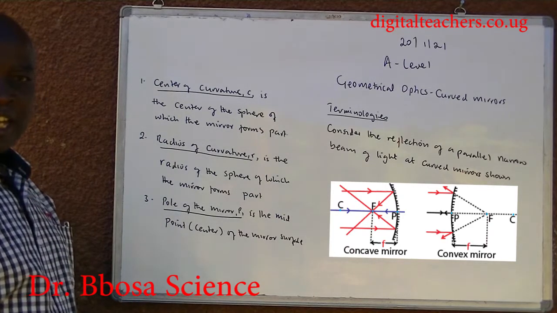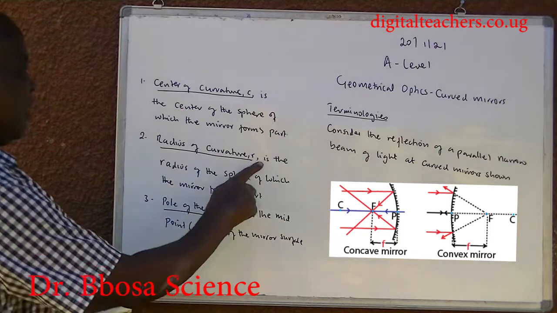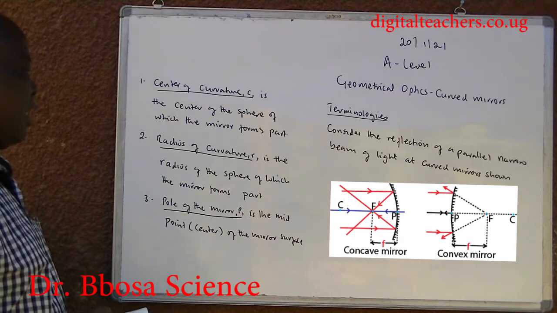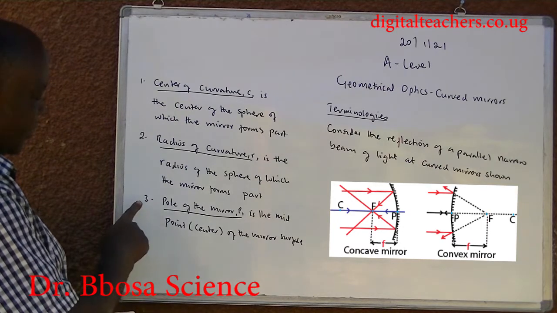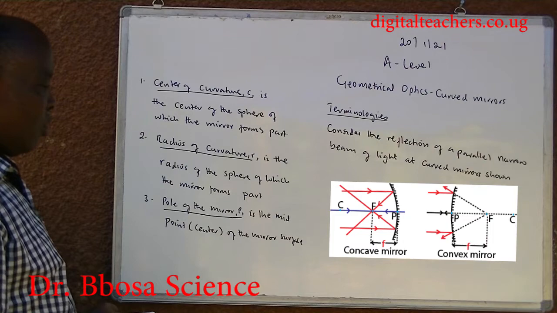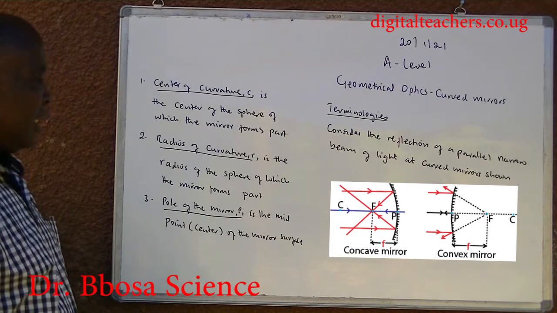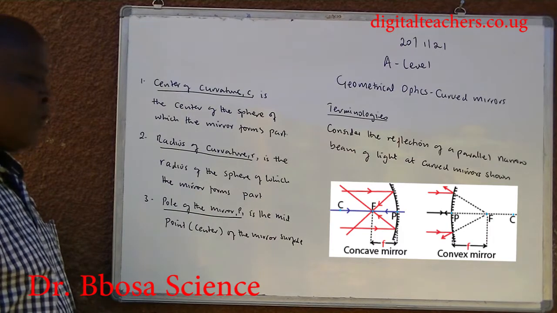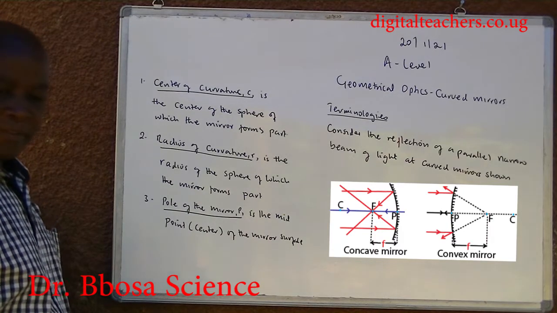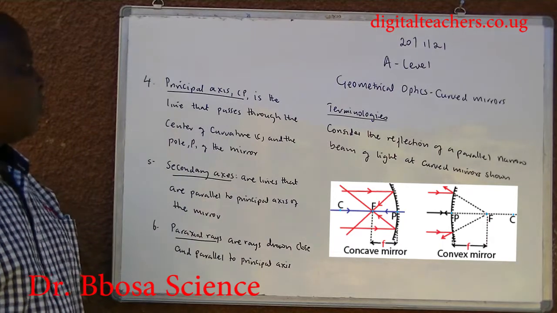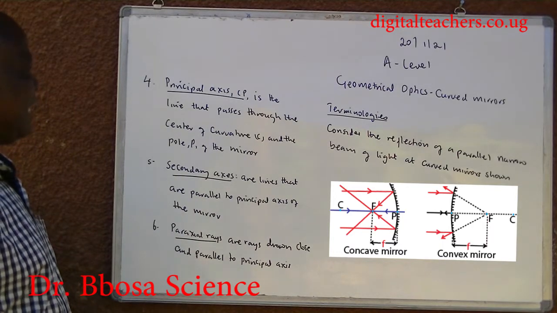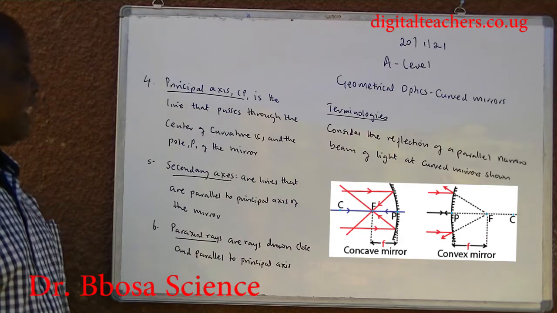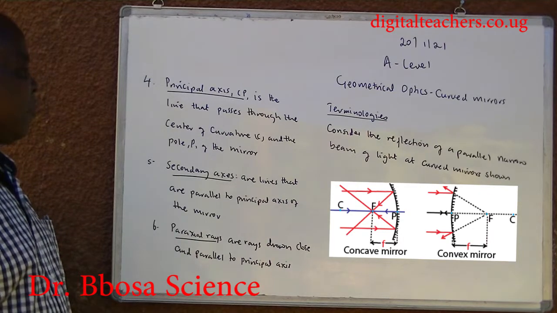Radius of curvature R is the radius of the sphere of which the mirror forms part. 3. Pole of the mirror P is the midpoint or center of the mirror surface. 4. Principal axis CP is the line that passes through the center of curvature C and the pole P of